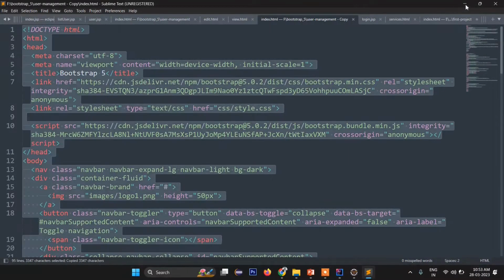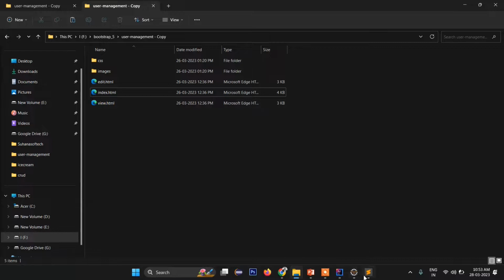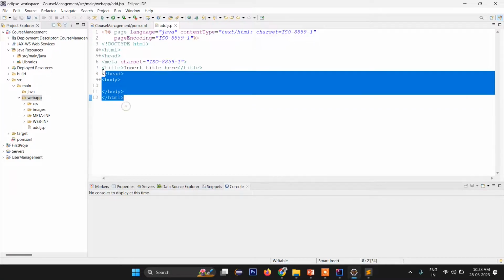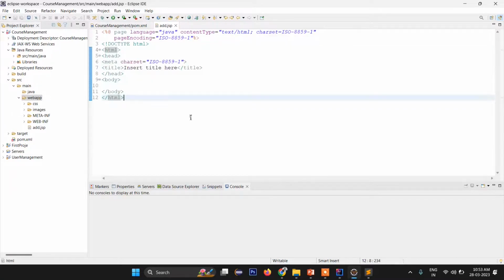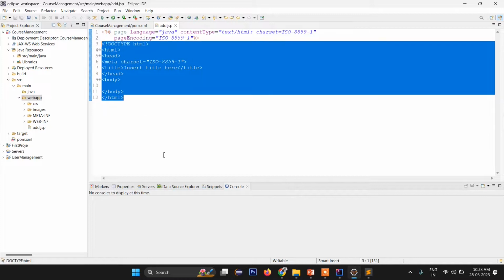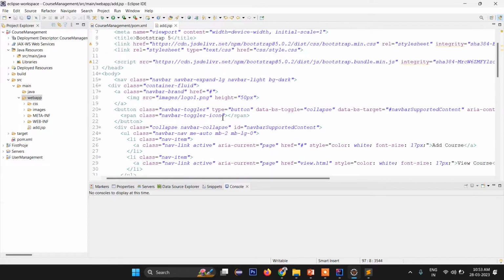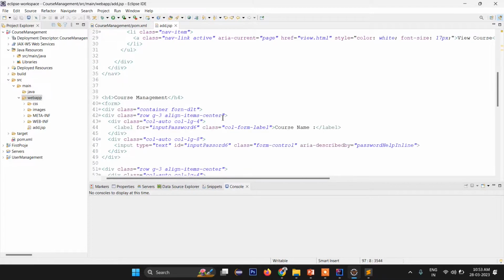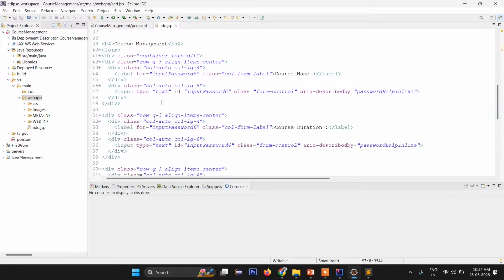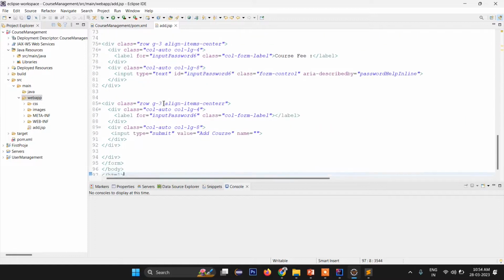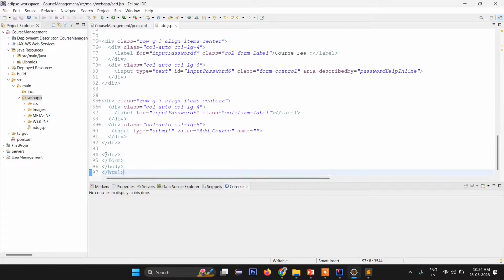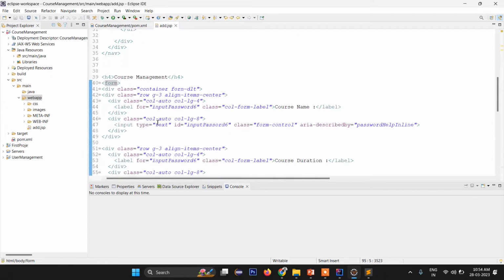Let's copy the whole thing and then I will paste here, just removing this up to here. Okay, so this is our add.jsp. In the add.jsp, let's do one thing, form. So where the form is starting, yeah, form is starting here. So inside form you will write here